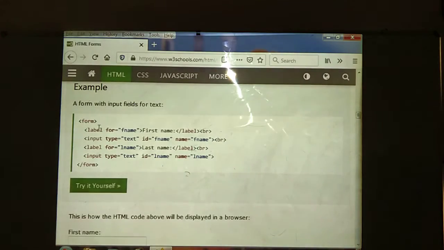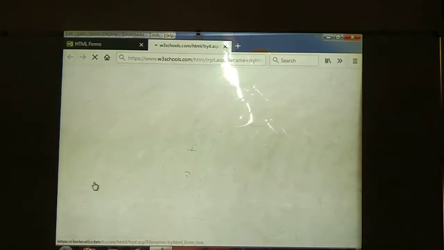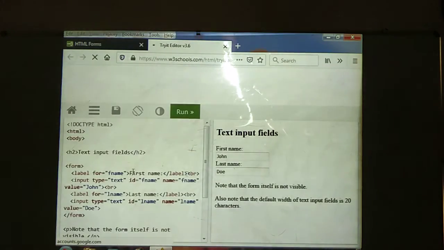See here. Here we have created a form, using the form opening tag and closing tag. Within that we are using input type equal to text. Then the ID and name we have given: name equal to fname, first name. In the second input element we are creating another text box. What is the name we have given? Default name, last name we have given. Next we need to see the output. We can run the example.